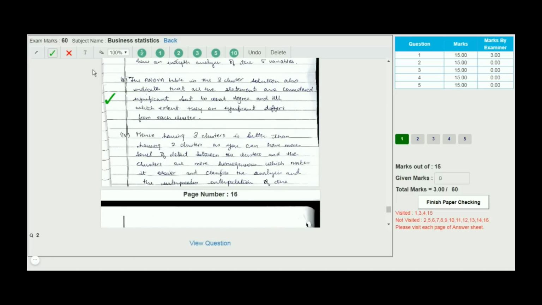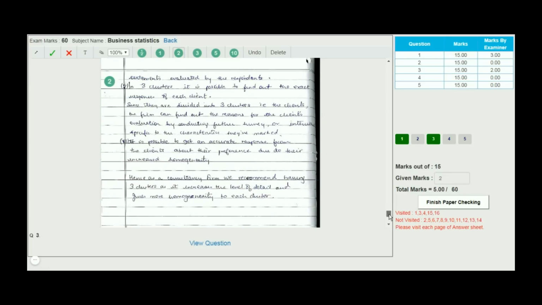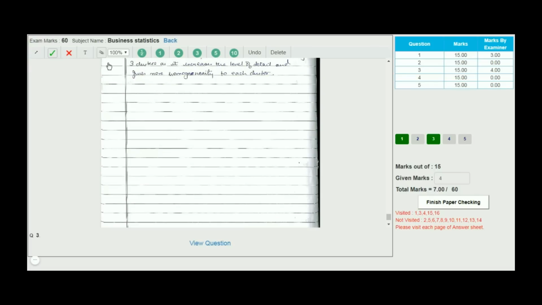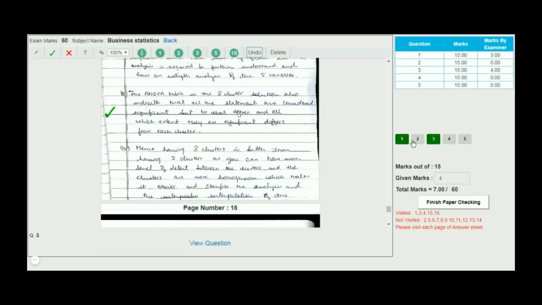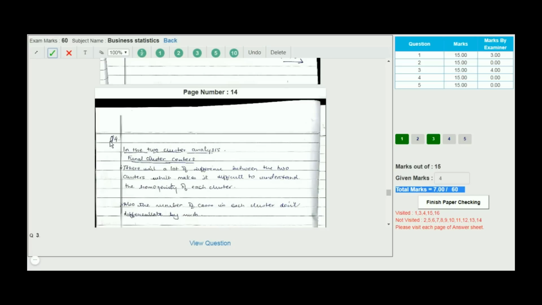Let us summarize all the features of the answer sheet evaluation. There are various annotation symbols available to speed up your answer sheet evaluation process. You can use it with just mouse clicks. There is a facility to undo or cancel marks assigned for particular question. The system is able to calculate score automatically. It helps to eliminate possible errors of manual tabulation of scores for each question. Your answer checking process is simplified and it would take less time to complete the activity.